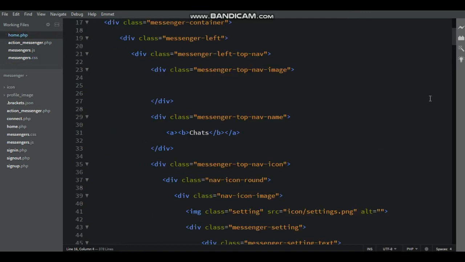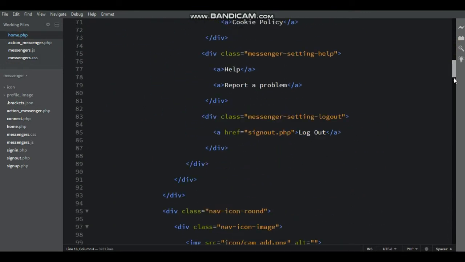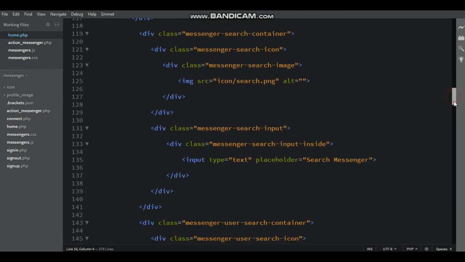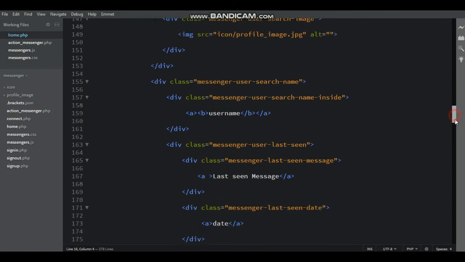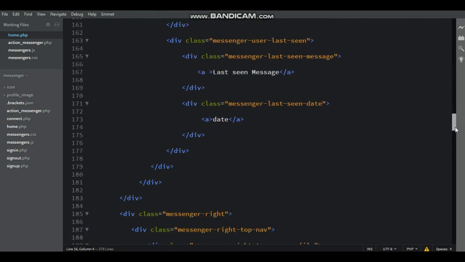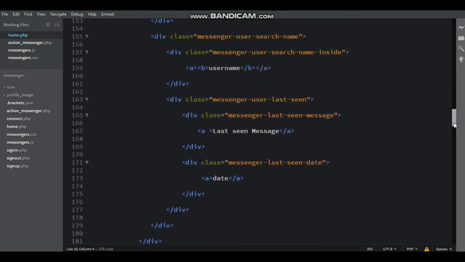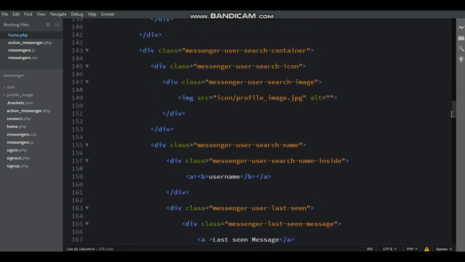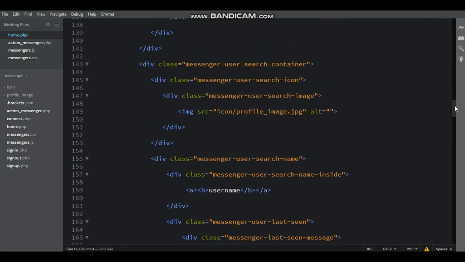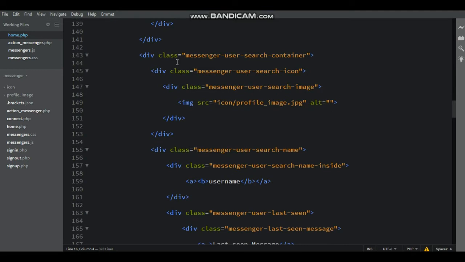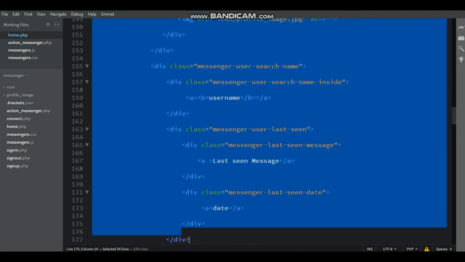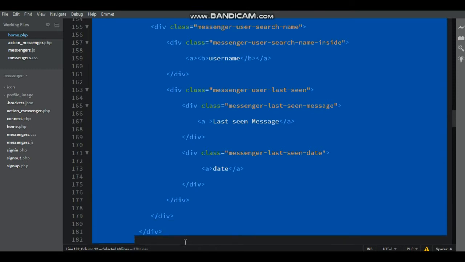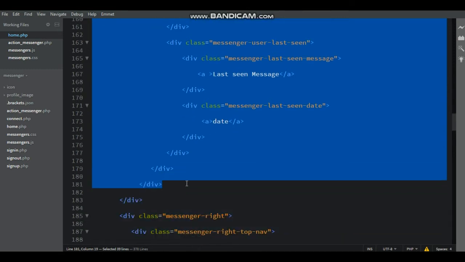Now go to the home.php file. Now copy the messenger user search container, copy and paste below that.